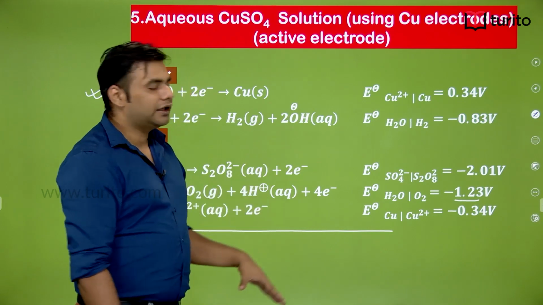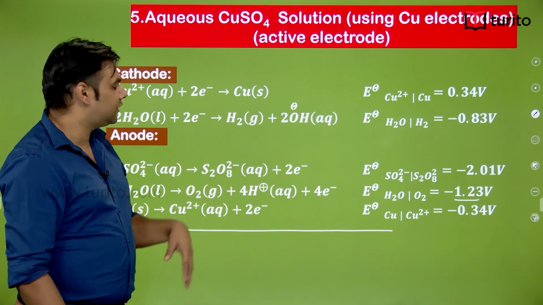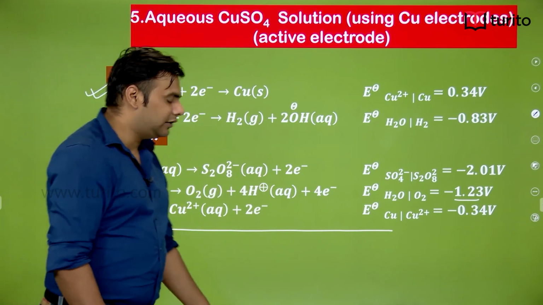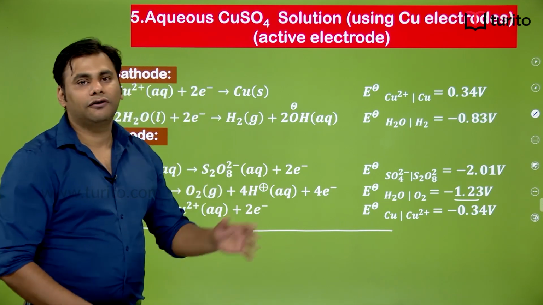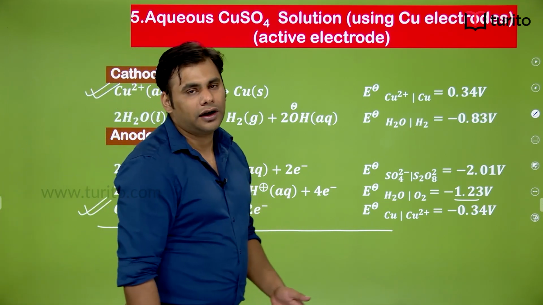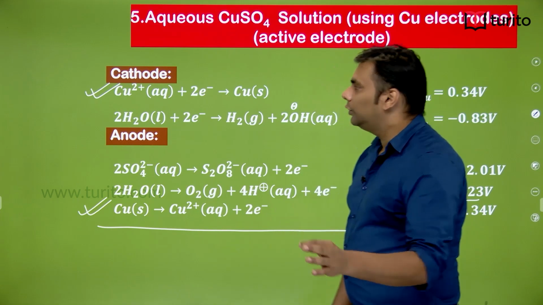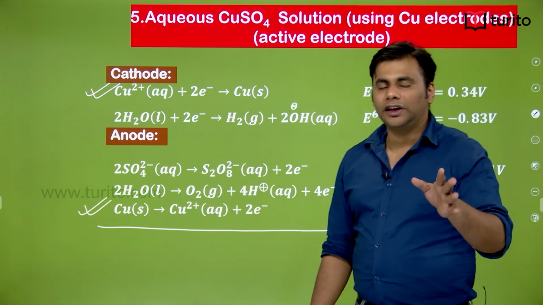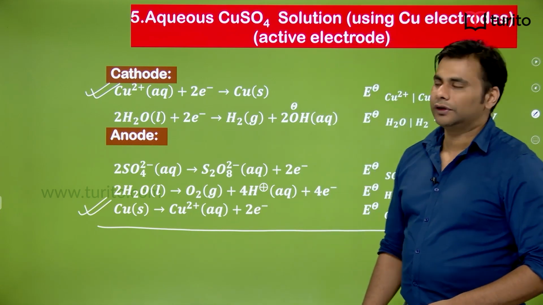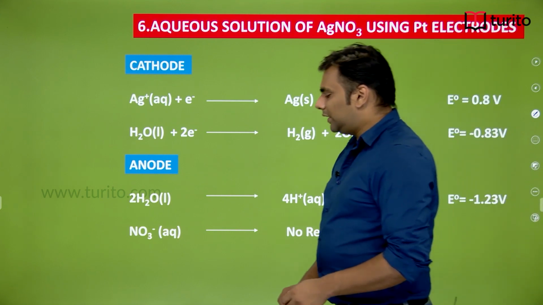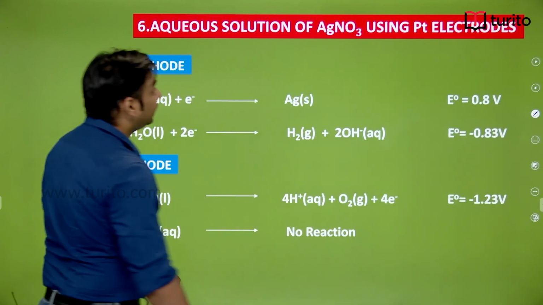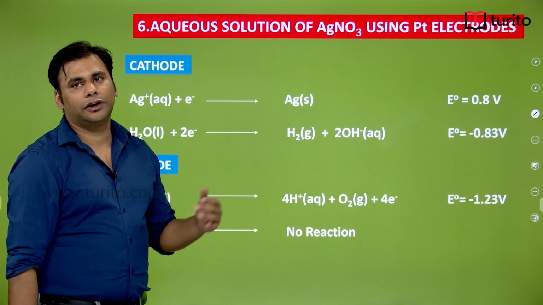Okay, so these are the few points that you should remember. In this case, Cu2+ is getting reduced at the cathode and Cu2+ is getting formed at the anode. I hope this is clear to you. So due to this, there won't be any concentration change of Cu2+ in the solution. Let us look at another reaction, which is electrolysis of AgNO3 using platinum electrode, which is the inert